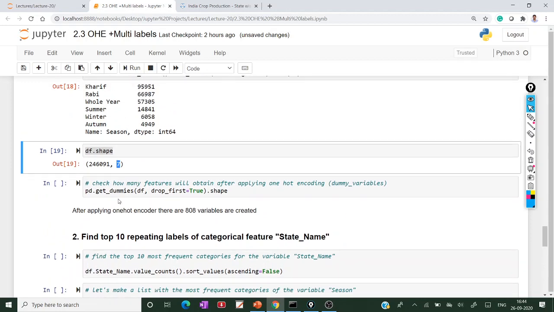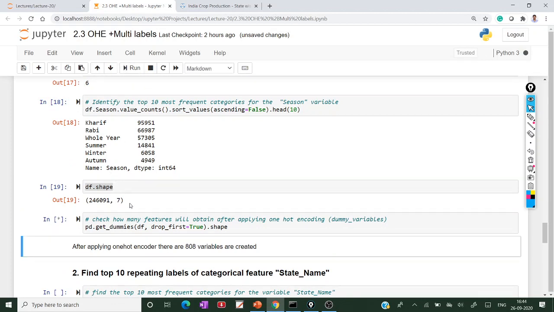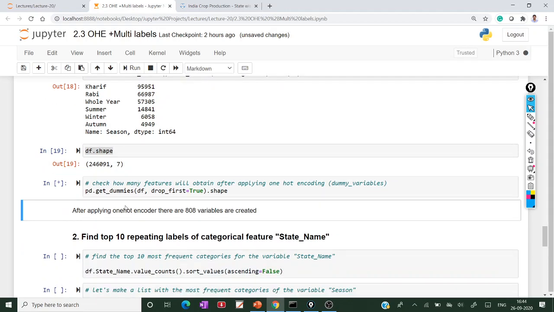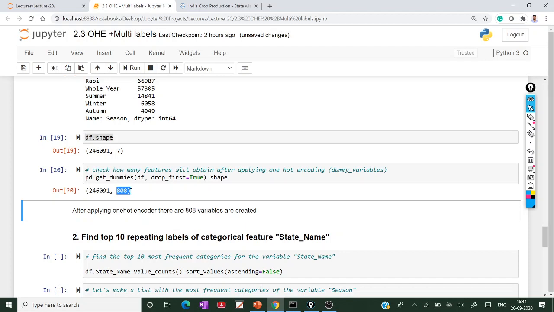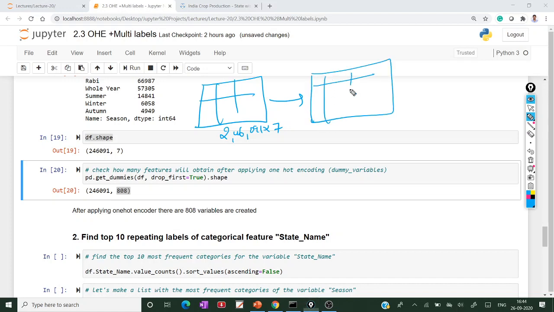Suppose you apply the get dummies method, meaning one-hot encoding to these 7 features. How many columns would you get? If you apply get dummies, you get 808. Your data shape of 2,46,091 rows by 7 columns becomes the same 2,46,000 rows, but instead of 7 columns you get 808 columns.